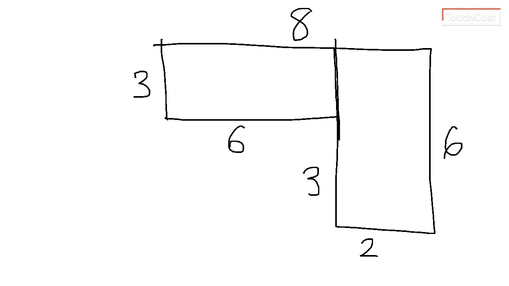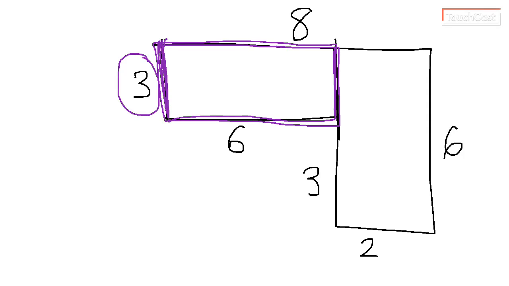I'm going to use purple, and I'm going to outline my rectangle. You should be doing that as well on your paper or iPad. The first thing I need to figure out is what length I'm going to use for this side. Well, this is pretty simple. The only choice really is 3, so I'm going to circle 3. The next one is a little bit trickier. I'm going to decide whether I'm going to use 6, which is the length of this side, or